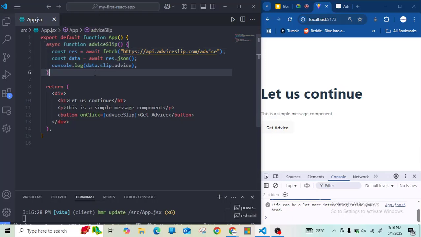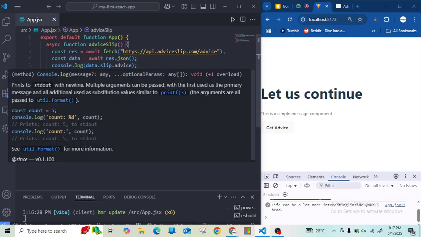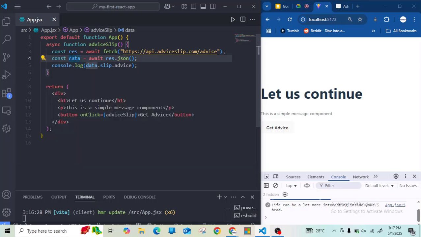What is it called? The async function. But then we want this advice to be passed to the screen. Okay, that is where state comes in. And there's a video tutorial I shared about data objects and data sets, and those that watched it would see that